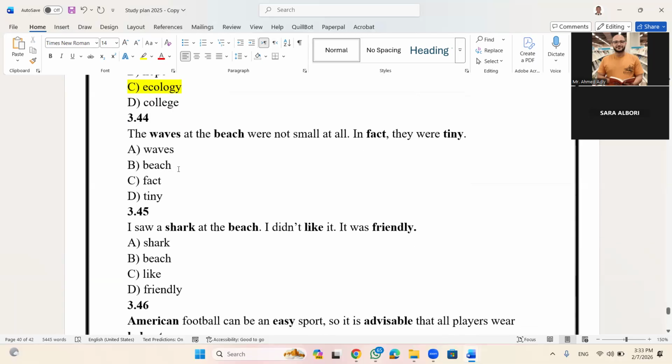Can you make your narrative here? The waves at the beach were not small at all. In fact, they were tiny. Make your own narrative. So the sentence talks about waves at the beach, and these waves were not small. In fact, they were tiny. Oh my gosh, what am I saying? I said that these were not small, but then tiny. So here, the wrong one is tiny. It should be huge. You know what I mean? Next,